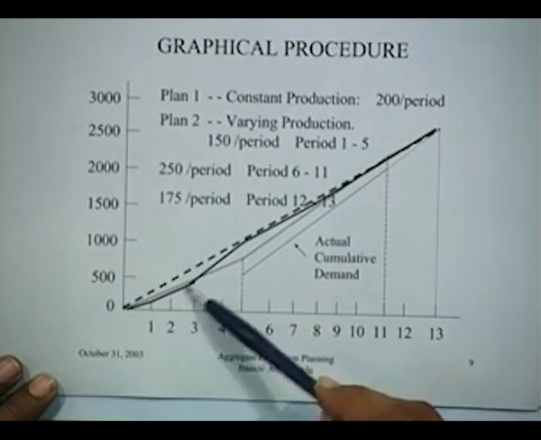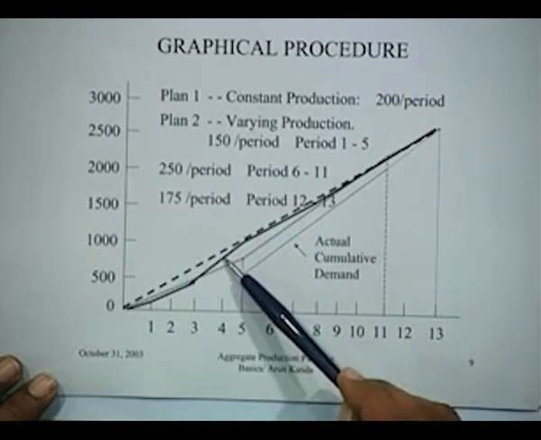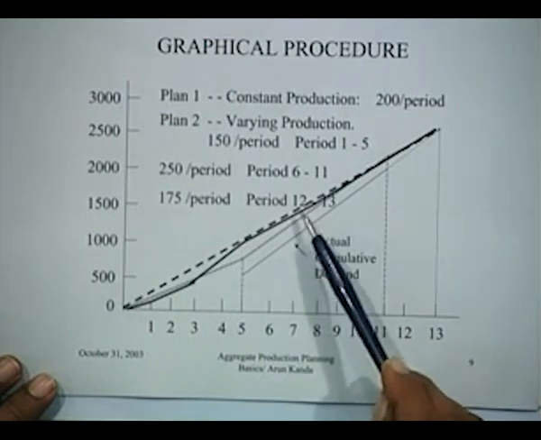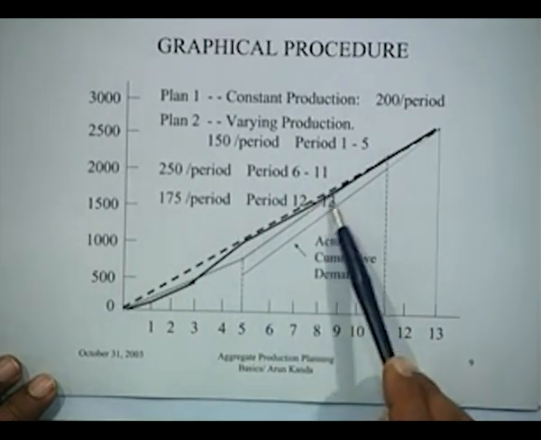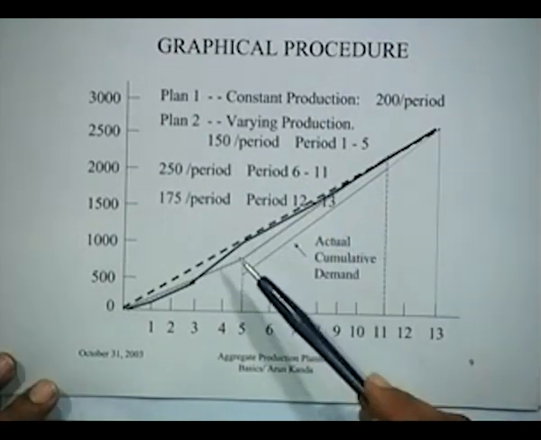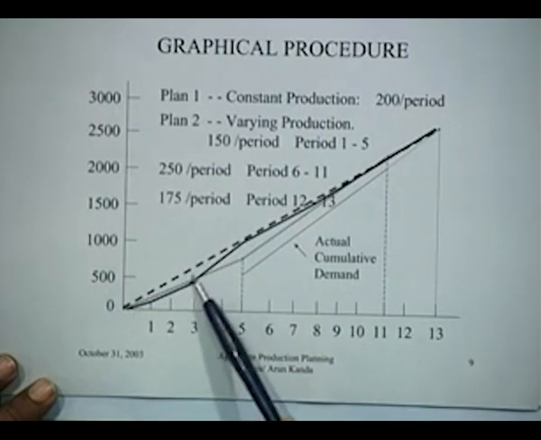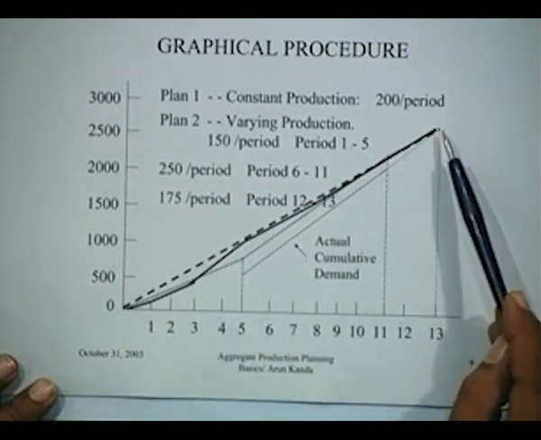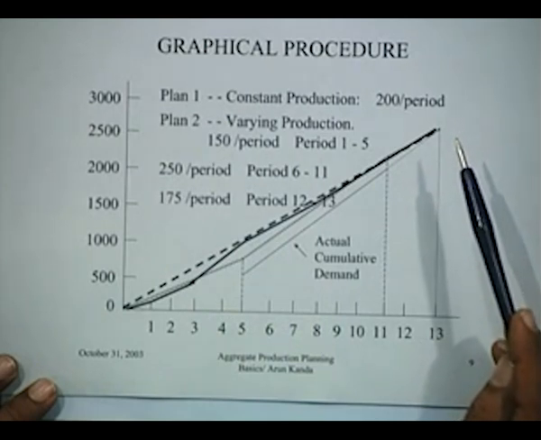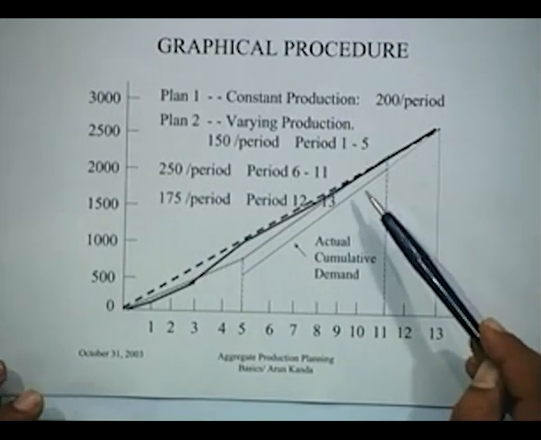So, this policy, although good in terms of minimizing the costs of carrying and back orders, would not be so good from the point of view of changing the production rates, because the cost of changing production rates will be pretty high. Practically, you will be changing the production rate every month, and this would mean havoc for the production manager. He would not like to do this kind of thing. So, you might argue, can we not have an intermediate plan?